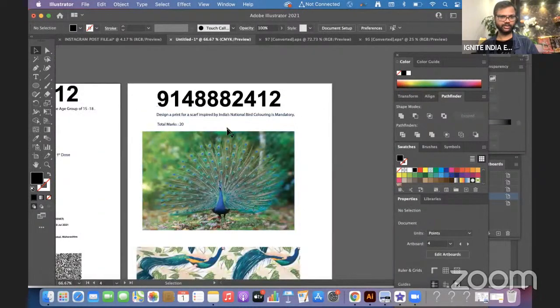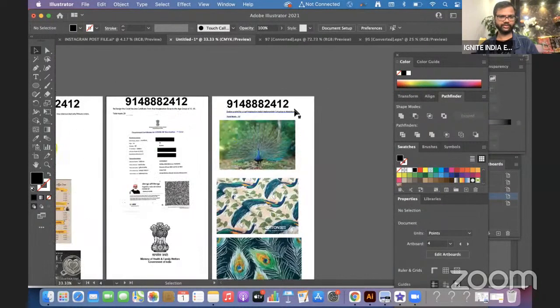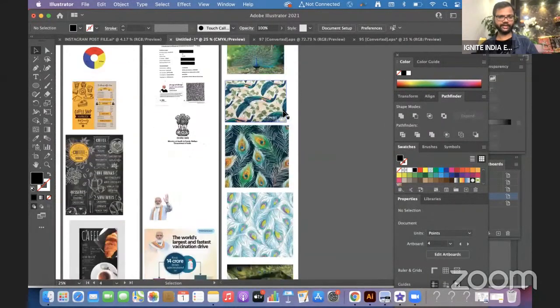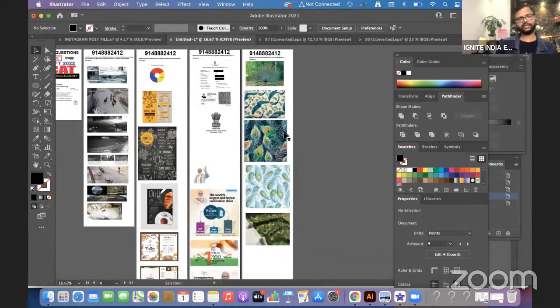National bird, coloring is mandatory. So there are different questions, and they will evaluate you based on these four questions with different parameters. The first question is technically based; the last question is about color and overall composition, how you are going to design the motif. I hope you are able to understand.